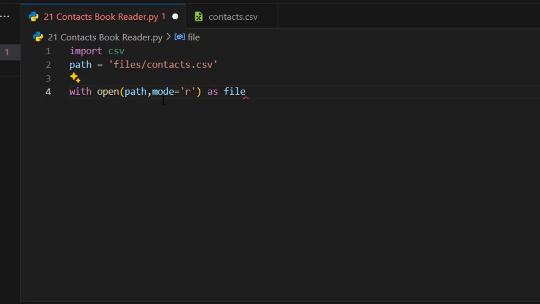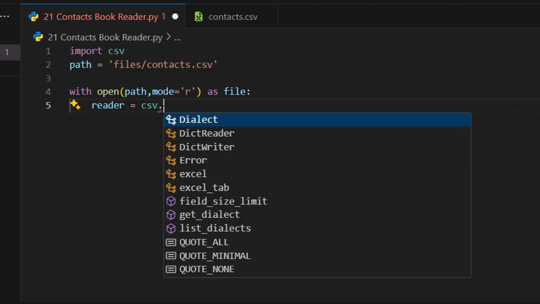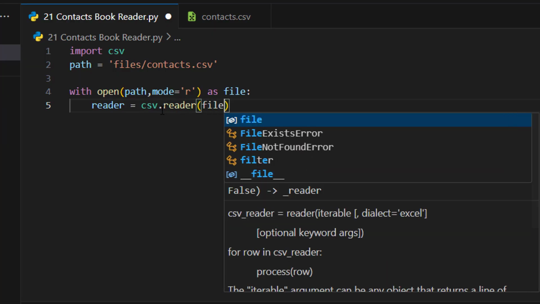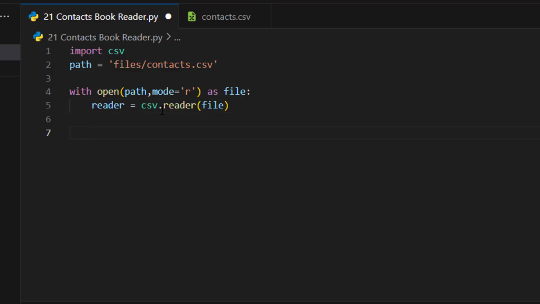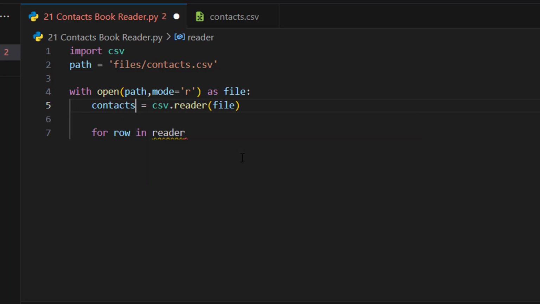Okay, as file. Reader equals csv dot reader, file. Next, for row in reader, or let's write here contacts. Okay, contacts. So for row in contacts,